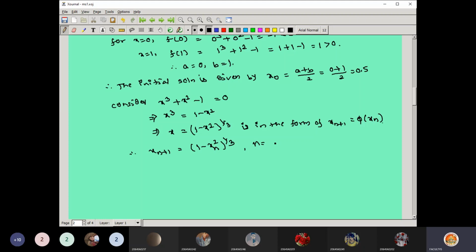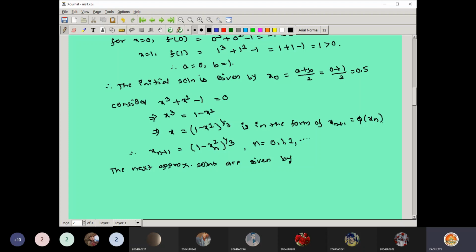Here n is taking the values 0, 1, 2 and so on. So once you get that particular expression, the next approximate solutions are given by,